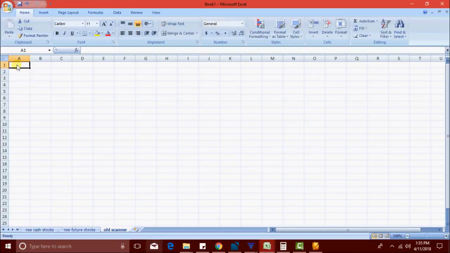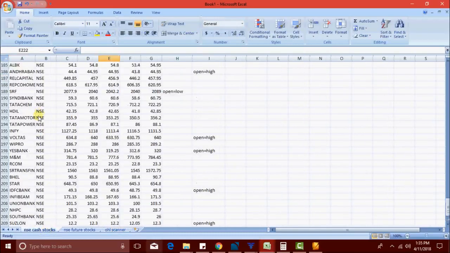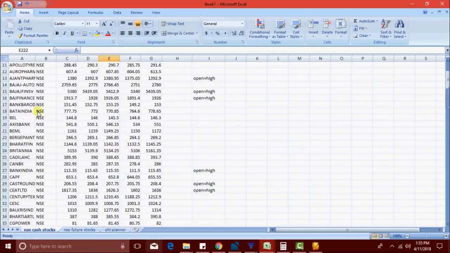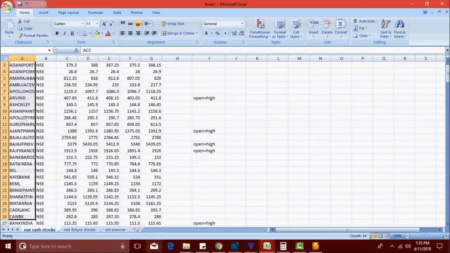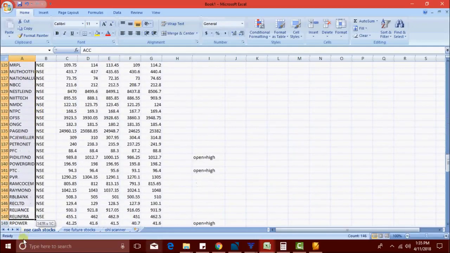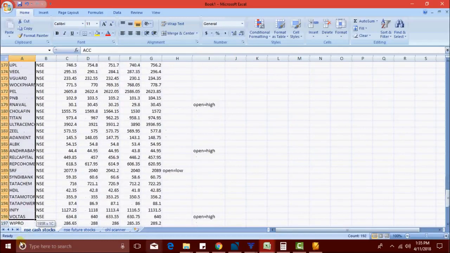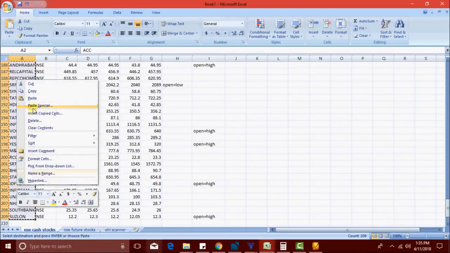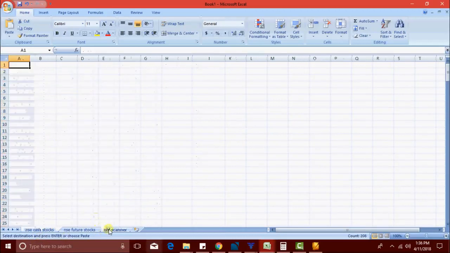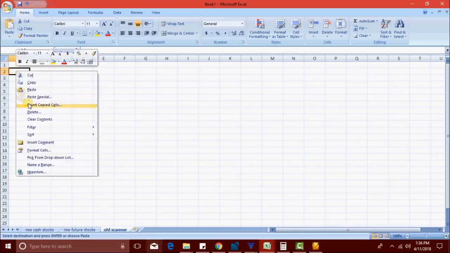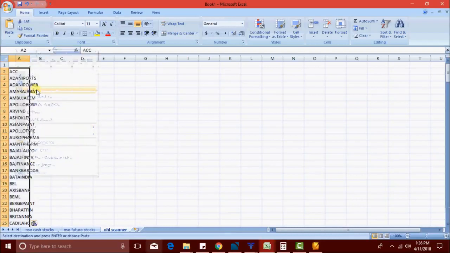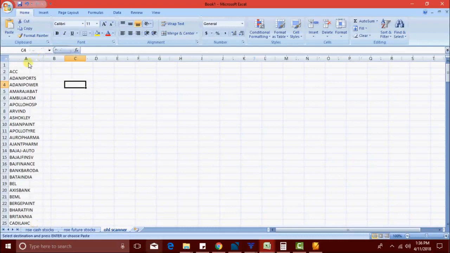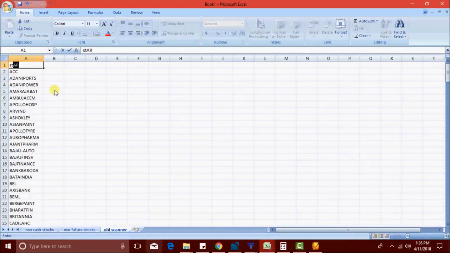First I'm going to paste the stocks. Okay, this is stocks.